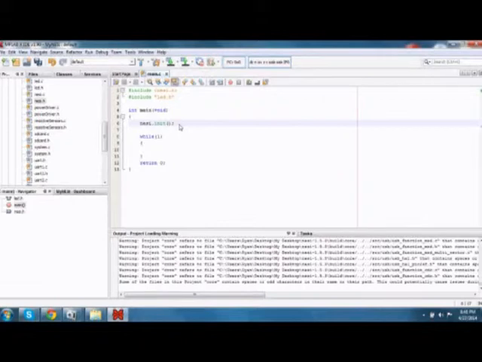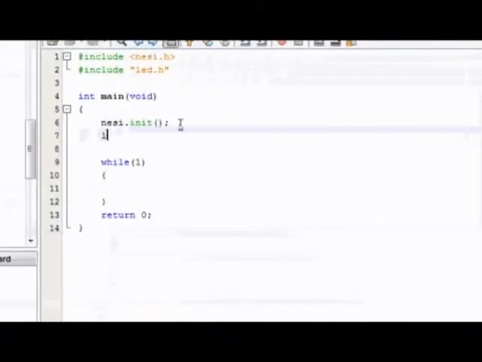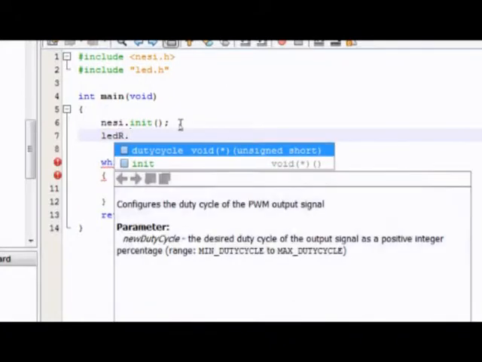Also, I'm not really sure about the LED's initialization functions, but we're going to include it because it's good practice, and if we don't include it, it might not work. So just to be on the safe side, we're going to select the LED, the red or the blue. You can do that by typing LEDR or LEDB. We're going to do LEDR first, and we're going to do the init function,